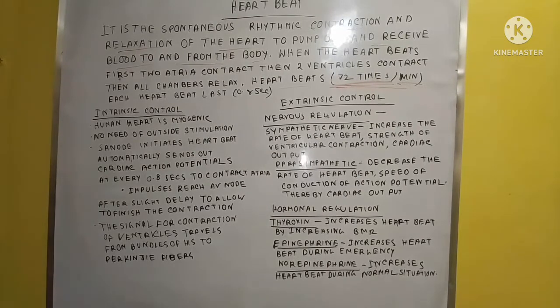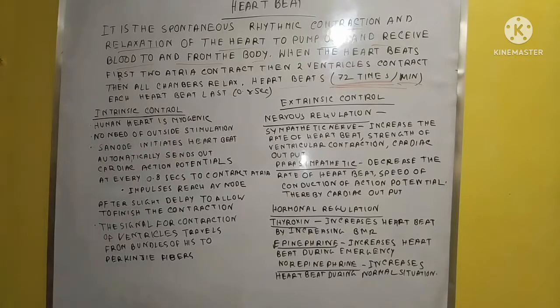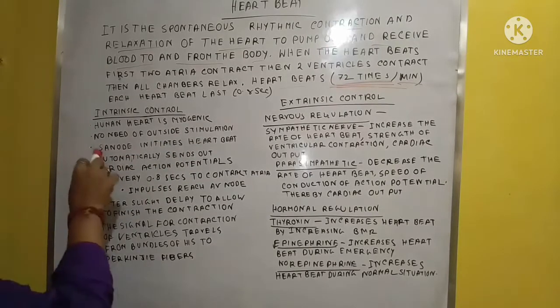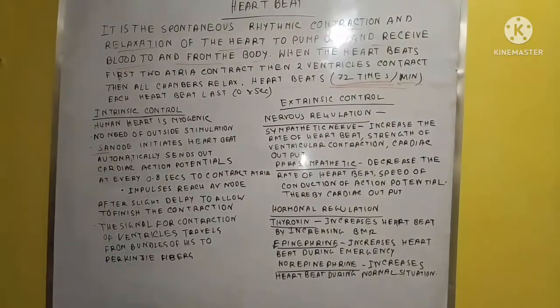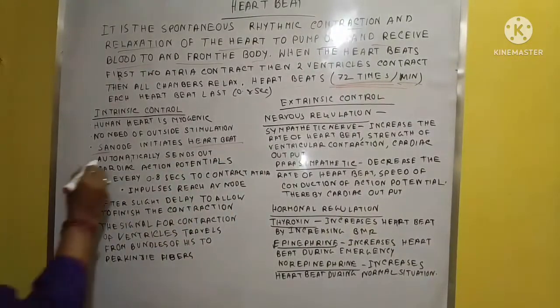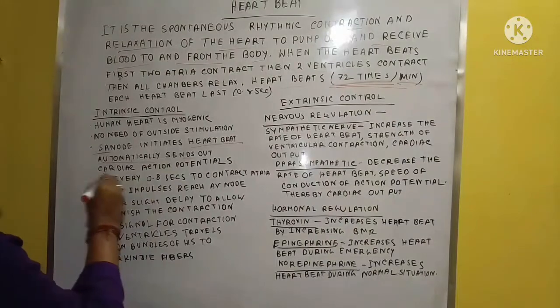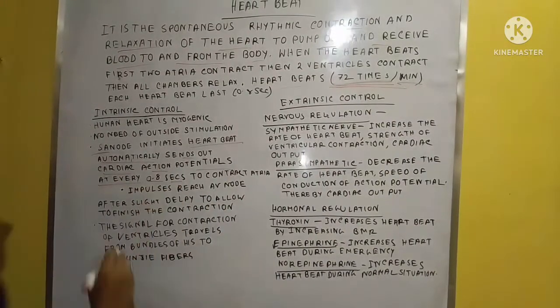Sorry for the disturbance. So, intrinsic control means the human heart is usually myogenic, so there is no need for outside stimulation. And here is the SA node. The SA node initiates the heartbeat automatically and sends out the cardiac action potential every 0.8 seconds to control the